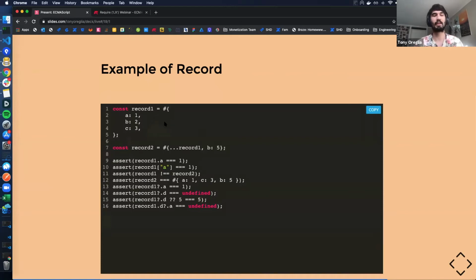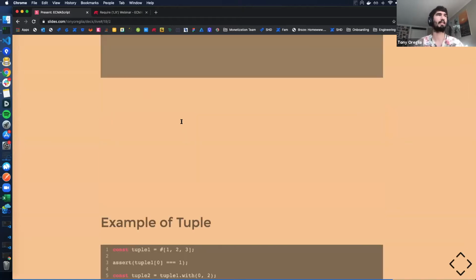I think this is a great thing because it's facilitating a more functional programming style. And similar to my previous argument, it's nice to be able to enforce these types of things in a code base, to explicitly say that these are immutable, and see if you can encourage a more functional coding style if that is what you're going for. It's very simple. You have the prepended hash again, for an example of a record there, and then a tuple.